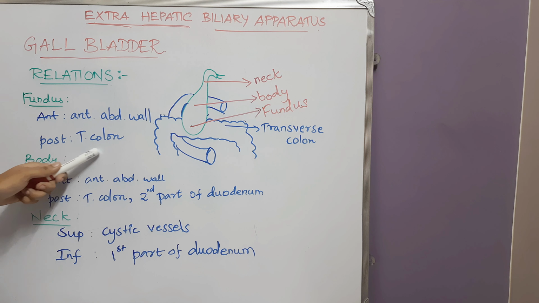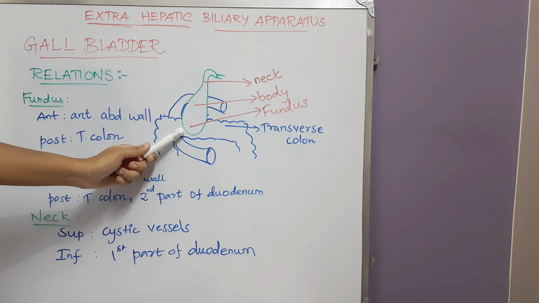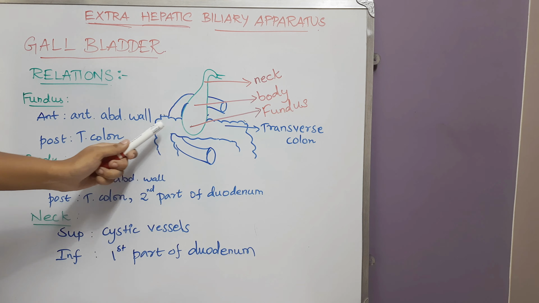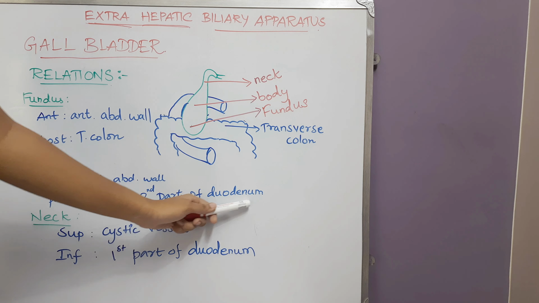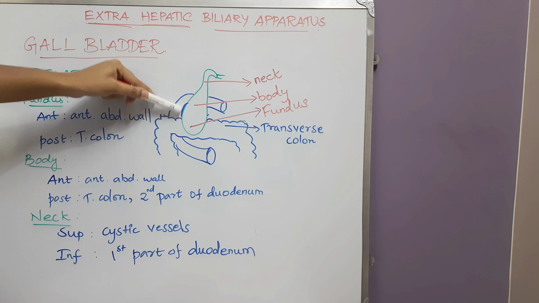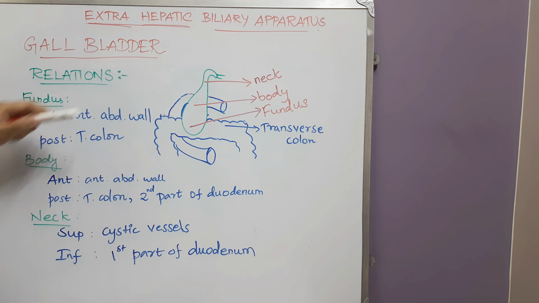Fundus anterior relation is anterior abdominal wall and posteriorly transverse colon. In this diagram, we can see that the fundus is present anterior to the transverse colon. So, the posterior relation of the fundus is transverse colon. And body anteriorly, as like fundus, it is anterior abdominal wall, and posteriorly it is transverse colon and also second part of the duodenum. We can see that the second part of the duodenum is present posterior to the body